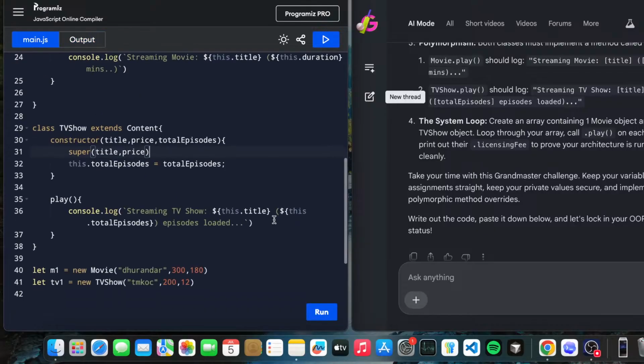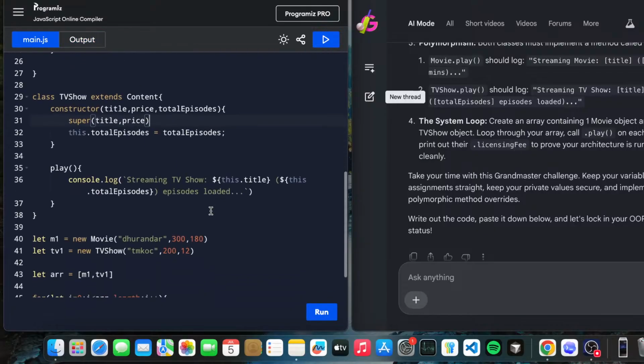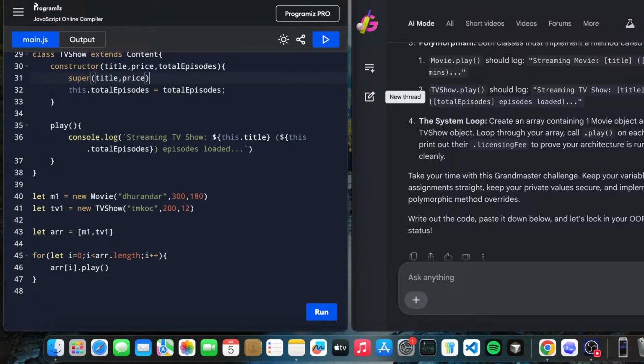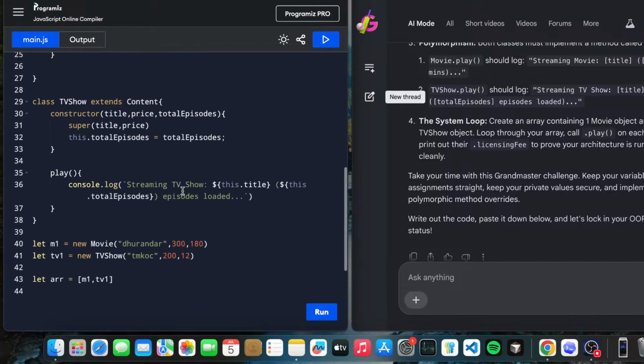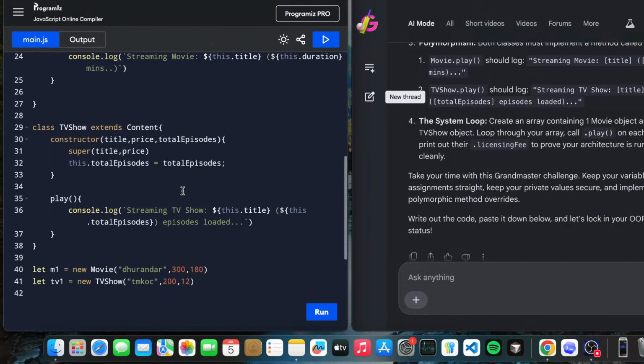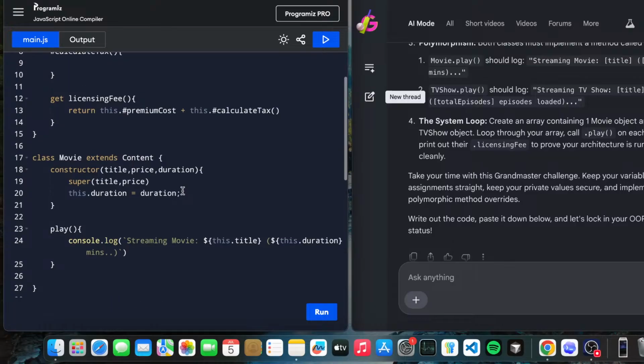For now, the other thing is we have to check each item and print out its licensing fee to prove the architecture is running cleanly. So we also have to use the dot licensing fee. For now there is no licensing fee, I think. We have to check how we are going to license them.